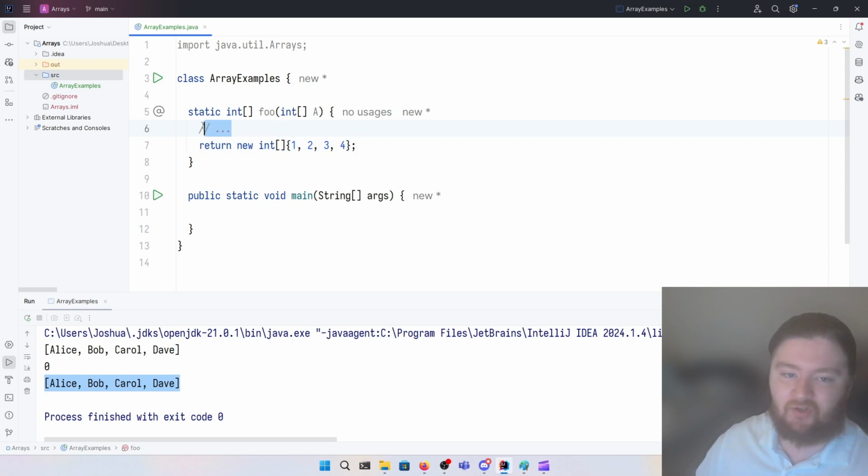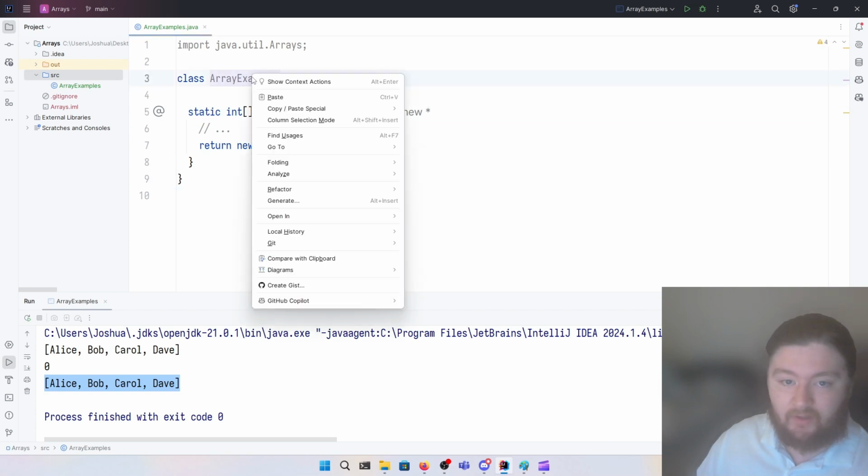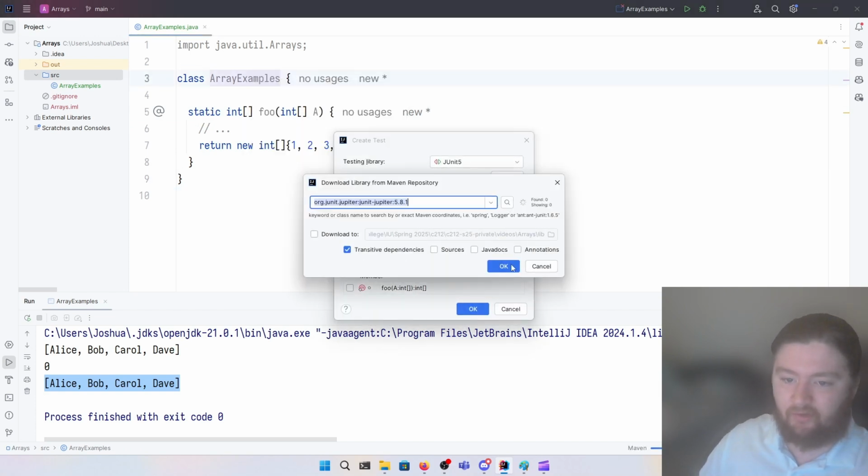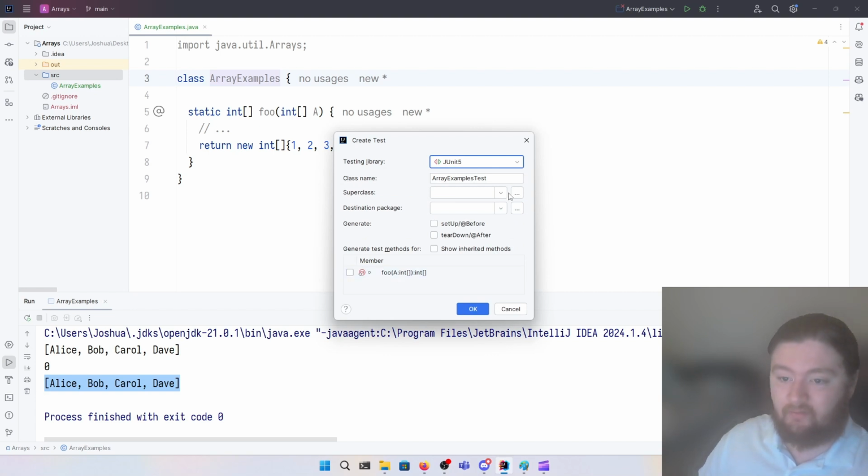there may be some logic here that does some stuff regarding A. But for now, I want to show you how to write unit tests involving arrays. Okay, so again, we're just going to create a tester class. Now, this would normally be set up for you, but